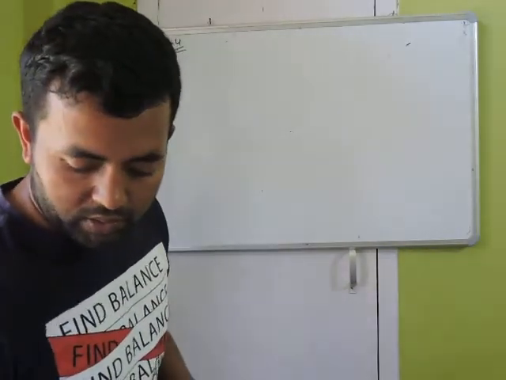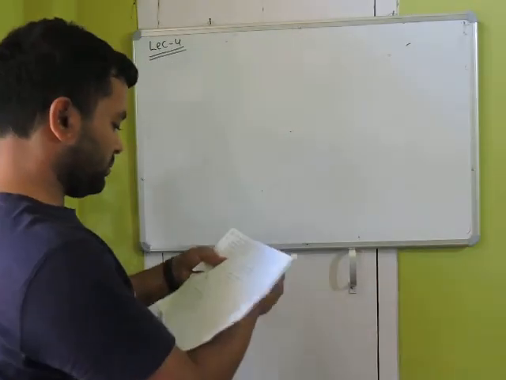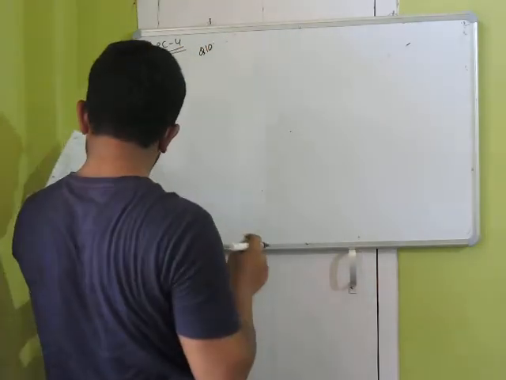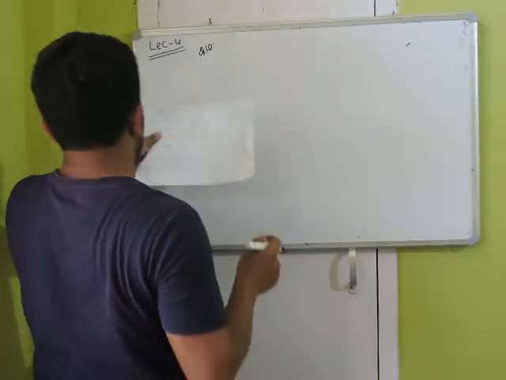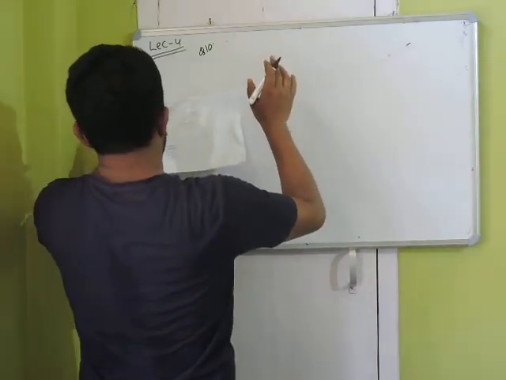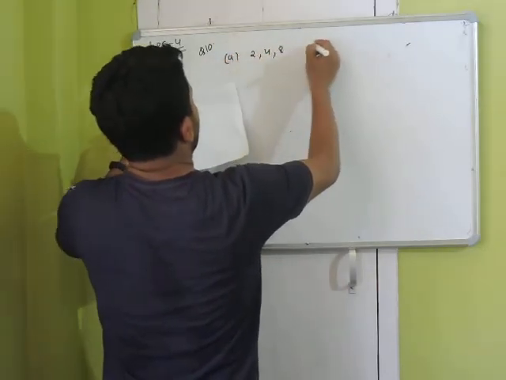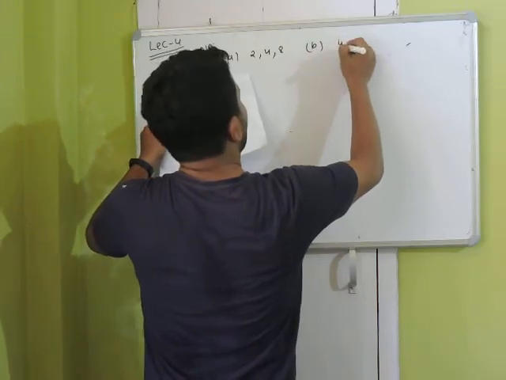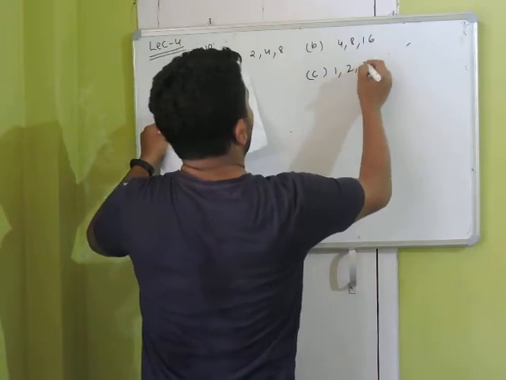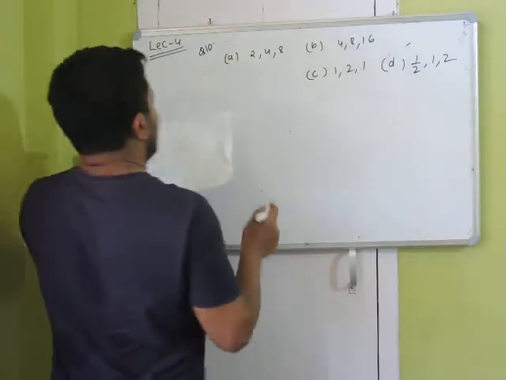Now let us take one more example. This will be, I guess, question 10. You have been given 4 sets of vectors. So first set is A: 2, 4, 8. B is 4, 8, 16. C is 1, 2, 1. And D is half, 1, 2. The question is,